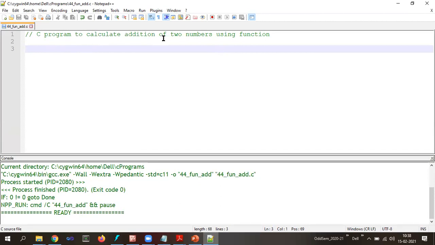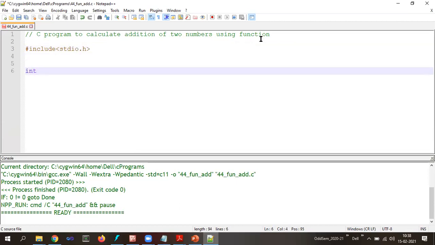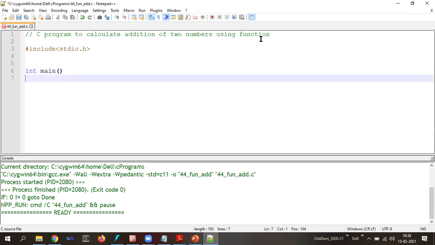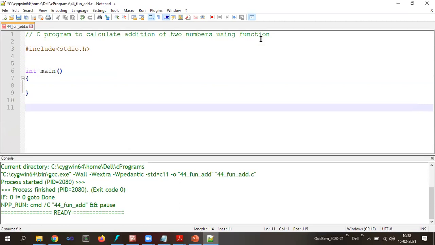C program to calculate addition of 2 numbers using functions. First statement, hash include stdio.h. Then I need to write an int main here. This is the function which I'm going to define. And then I would require one more function, a user defined function, that will calculate the addition of 2 numbers.